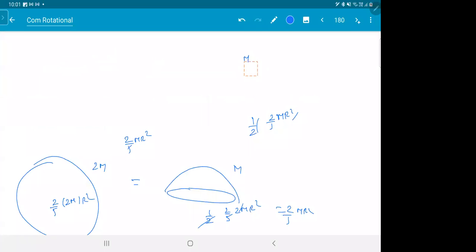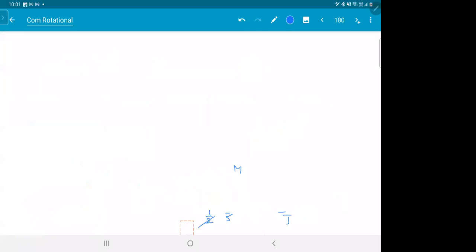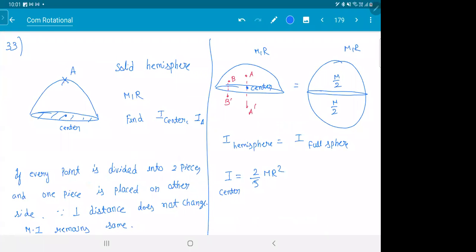For a full sphere, if you had cut it, you should get half. Agreed. I totally agree with that. But then the sphere का mass also should be half. But यहाँ पे half sphere का mass is only m. मतलब full sphere का mass would have been double. So for double का if you make it half, you'll get the same answer.